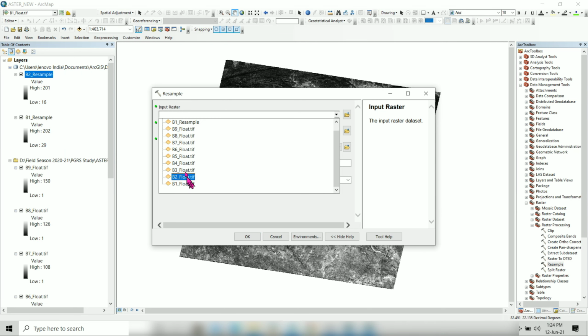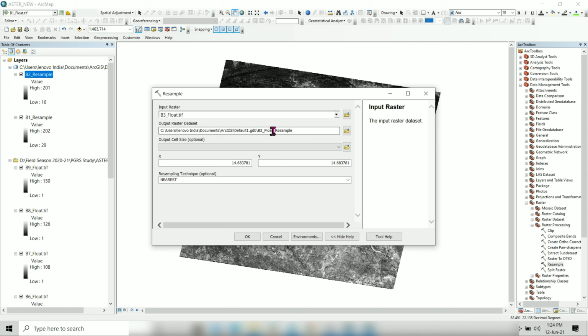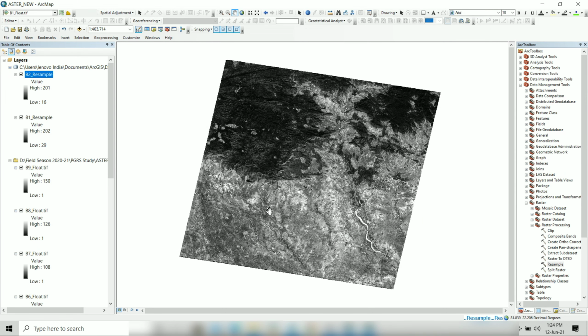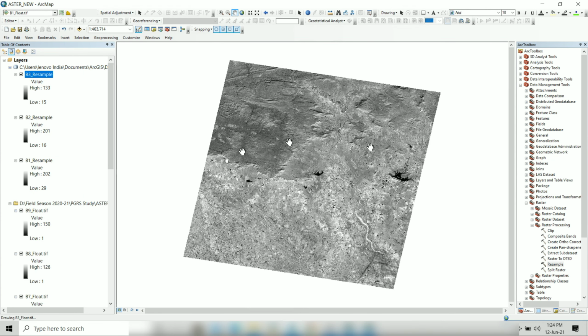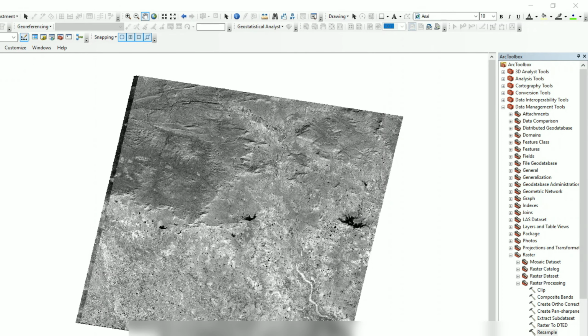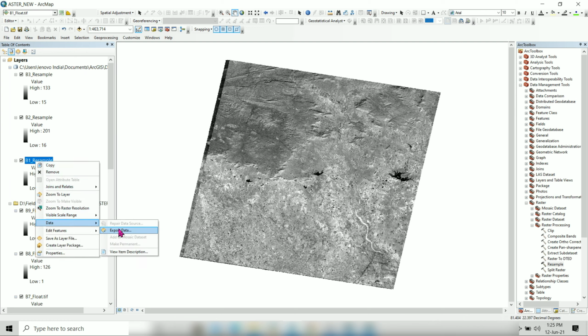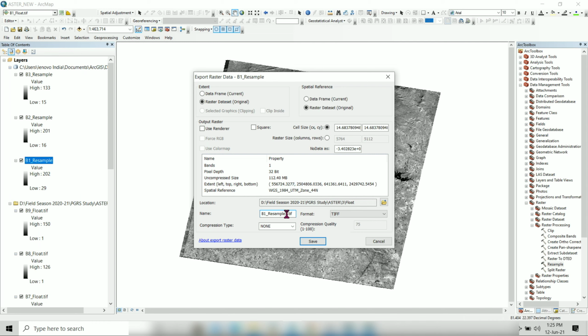Put the input raster as band 3 float, rename it accordingly and choose the default path. Now as I have chosen the default path, go to Data and export the data to a specific folder and rename it accordingly.